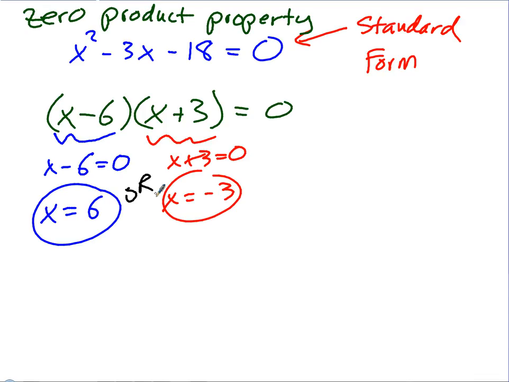If we can take some big ugly quadratic equation like this, as long as it's set equal to 0, if we can factor it into a product of factors, then all we have to do is set the factors equal to 0, right? And then we get the solutions. That's a great trick. Lots of good tricks in math. All right, make sense? Okay,